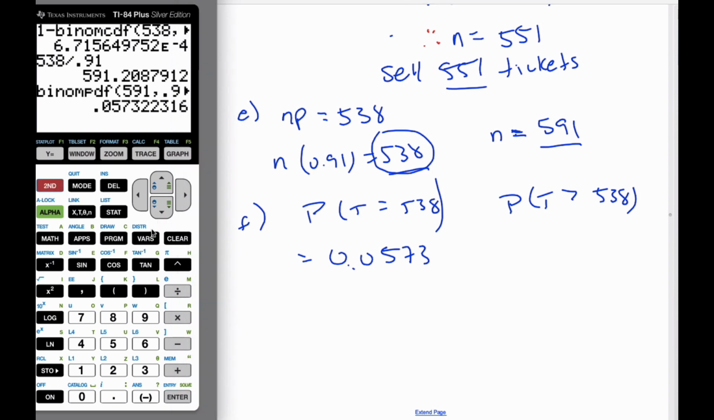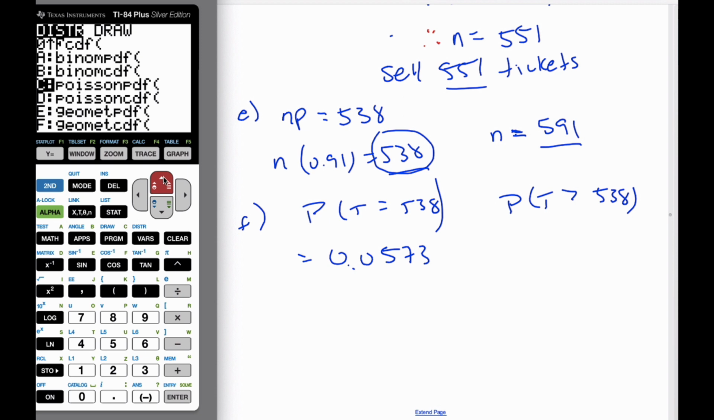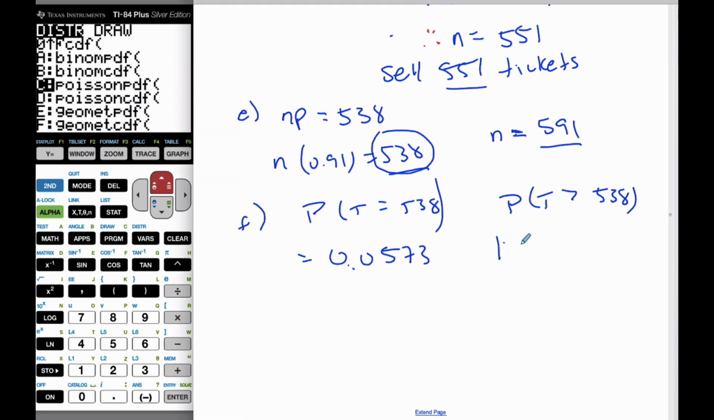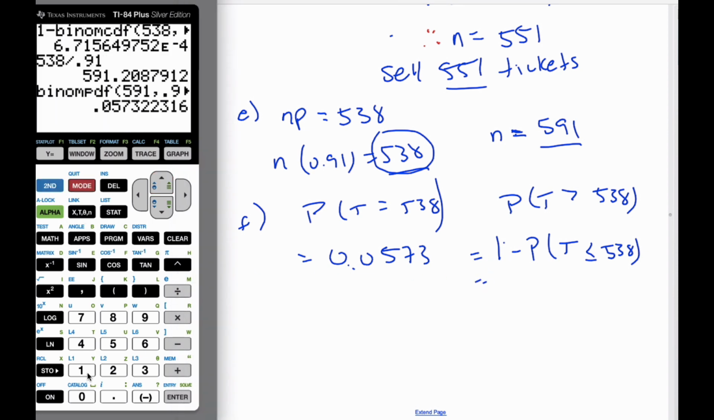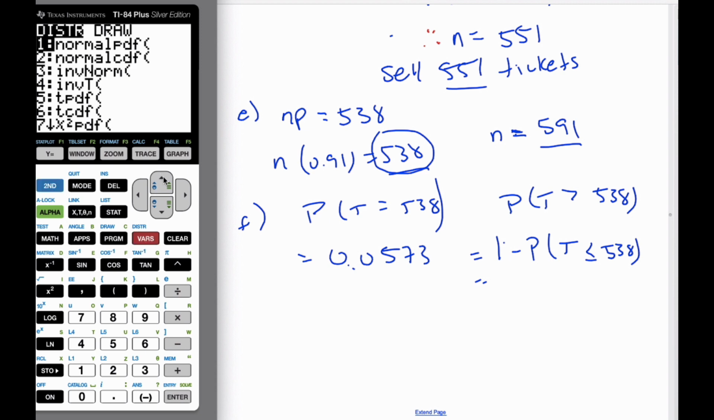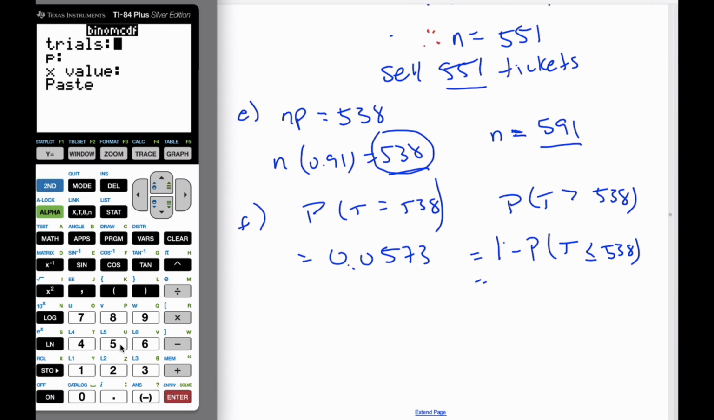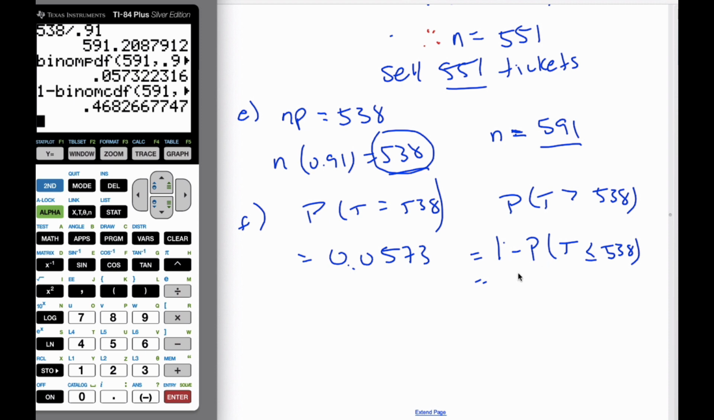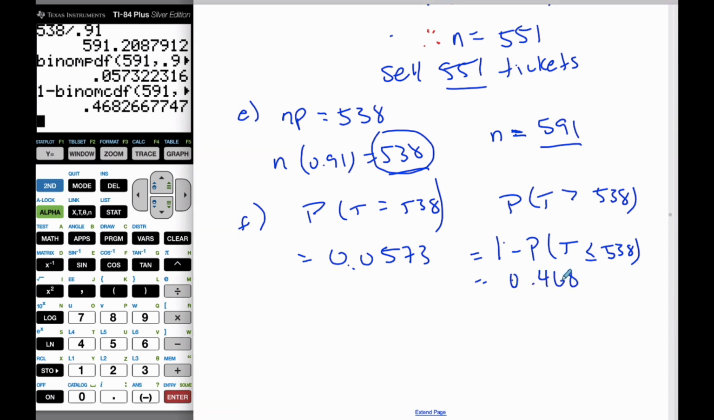And if I do also more than 538, I'm going to make sure I don't want equal to, just checking that. So that's going to be 1 minus the probability that T is less than or equal to 538. So I go 1 minus, distributions, binomial CDF, and it's 591. My probability is 0.91, and my x value is again 538. And so now I get 0.468. So this says there is about a 6% chance that there will be exactly 538 people show up if